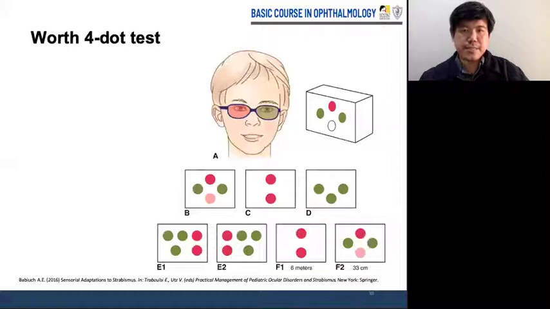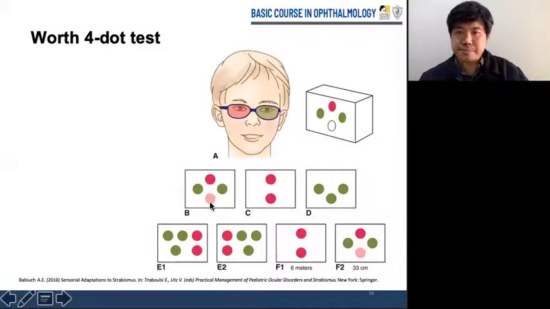In the Worth four-dot test, a pair of glasses is worn, with the red glass over the right eye and the green glass over the left eye. The right eye will not be able to see a green light since the red glass blocks the green wavelength, and vice versa. A target is then shown, which consists of two green lights, one red light, and one white light. In letter B, patient A, who is orthophoric, will report seeing all four lights, with the white light